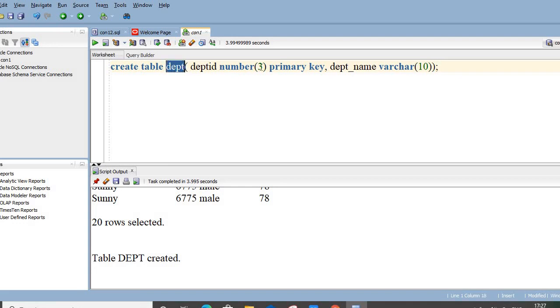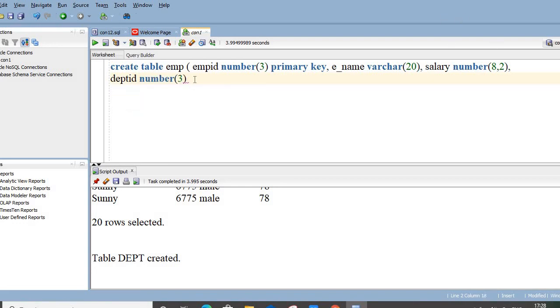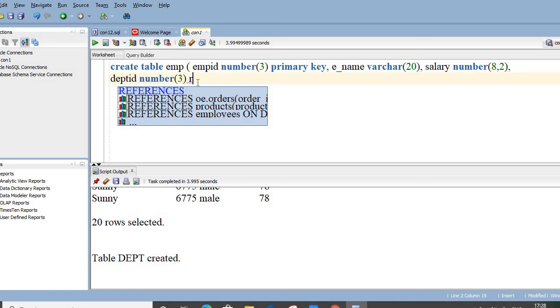Now I want to create the employee table, and inside it I want to create employee ID as primary key, employee name, then maybe salary. Then I want to insert the department information. I want to tell the department of the employee is department ID, and department ID is a number. Now I want to connect this department ID with the department ID present in the department table, the parent table. For that I need to use the references keyword.